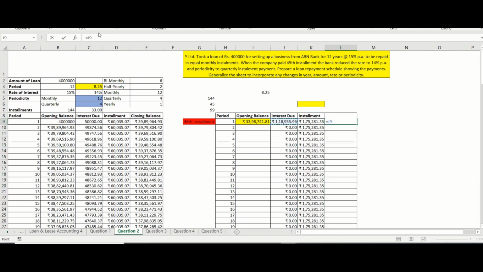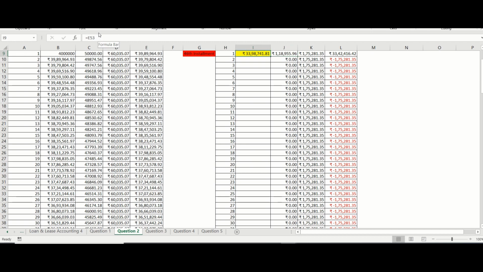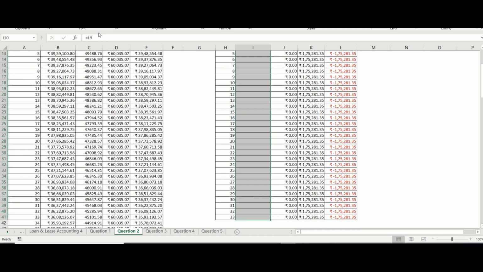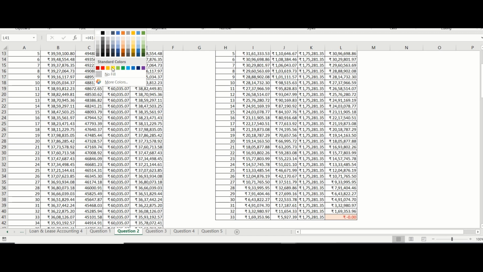Closing balance is opening plus interest minus installment. ठीक है? इसको ड्रैग करेंगे till 33 and my opening balance for the second installment is closing balance of the first. Let's see if we get this right. We got. My indicator, the last value is 0, which means my solution is right and my loan is wound